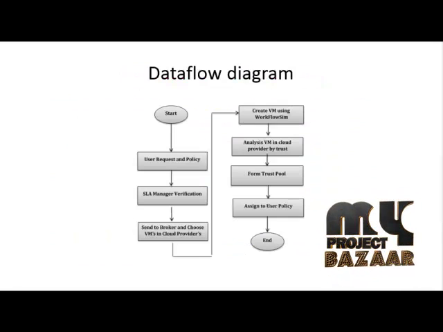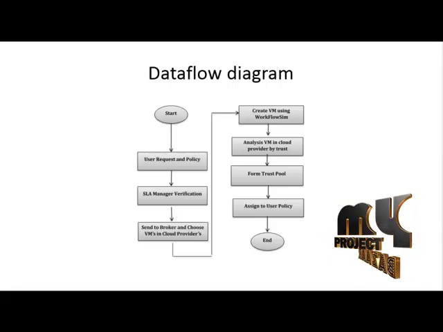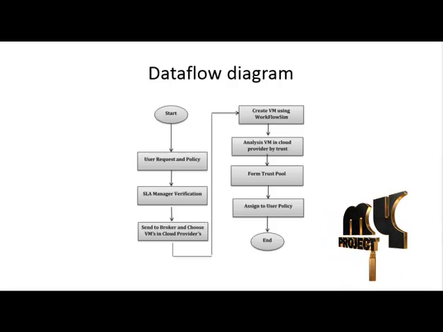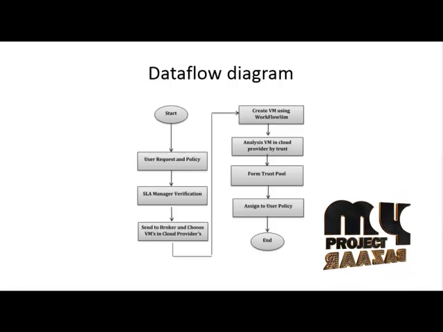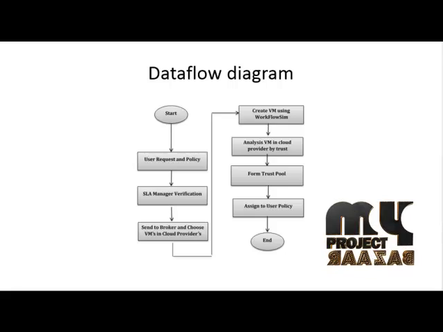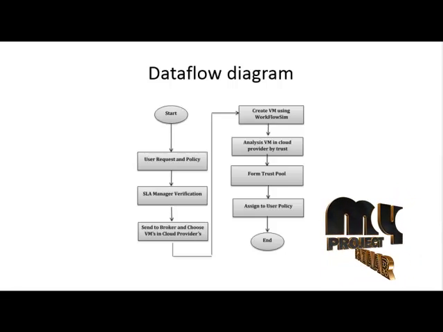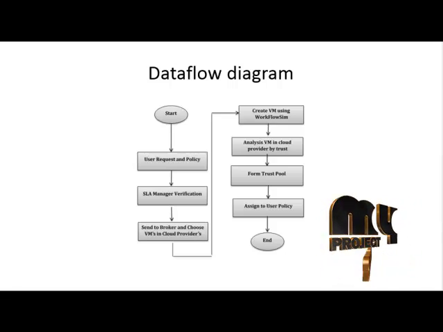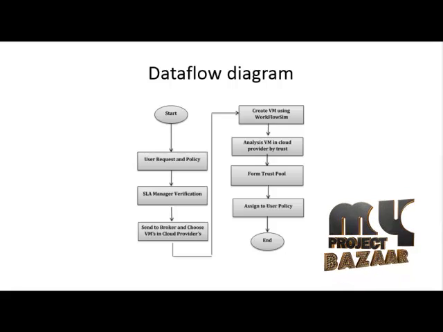In our data flow diagram, first of all, the user registers their information with their request and their policy. They request the number of virtual machines they need, and after that the request is forwarded to the SLA manager. Here the manager verifies the user request against their policies, and then forwards the request to the broker. They assign a particular broker for the user, and after that they choose the virtual machines and the cloud service